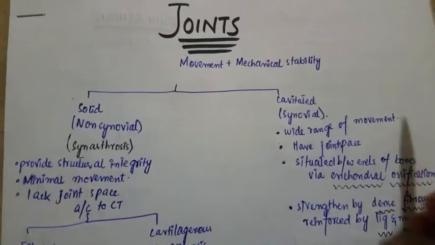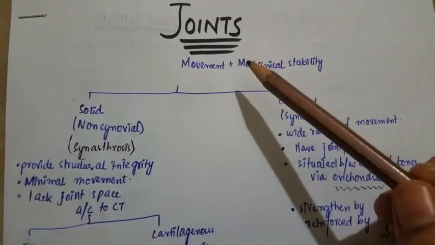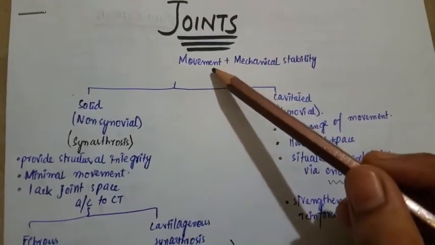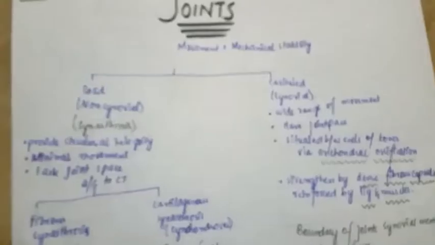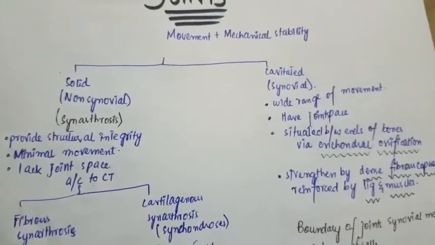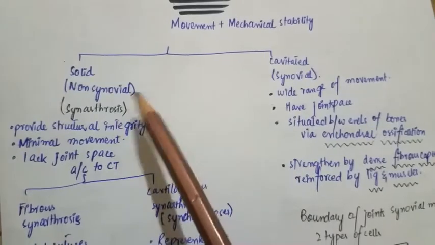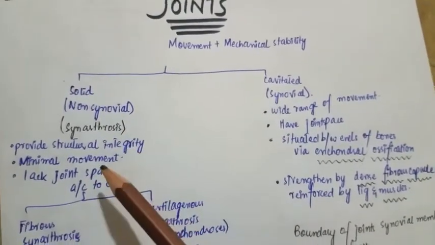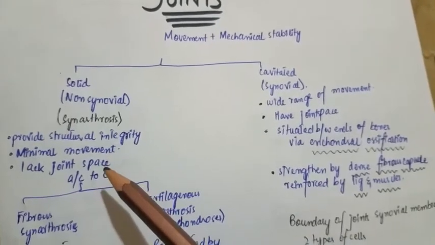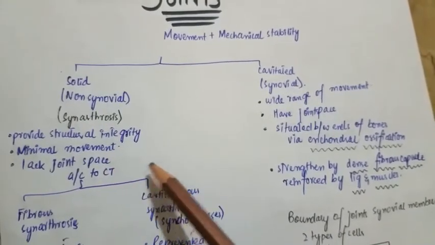In this video, I am going to discuss the composition of the joints. Joints provide movement plus mechanical stability. There are two types of joint: the solid joints and the cavitated joints. Solid joints are the non-synovial joints, also known as the synarthrosis. They provide structural integrity and minimal movement, but lack the joint spacer, so there is no synovial